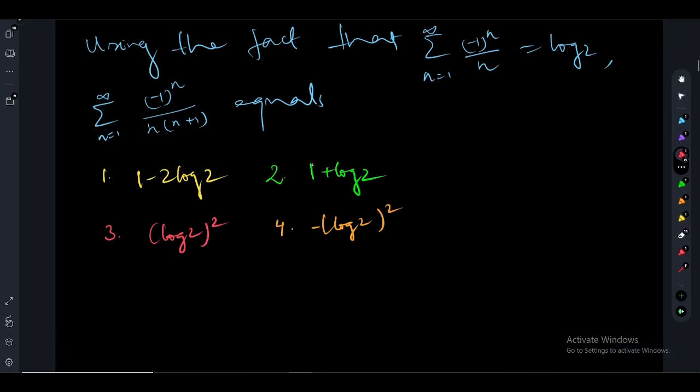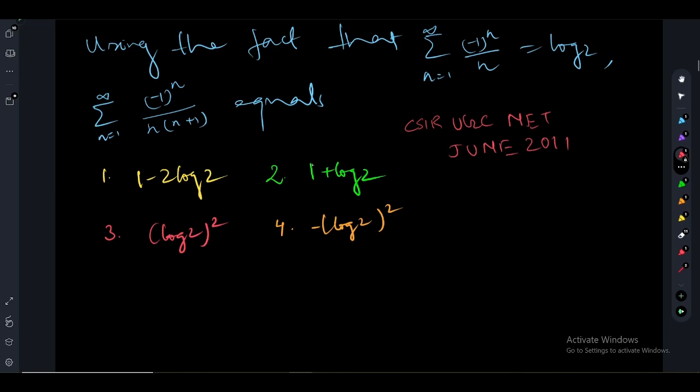In this video I am going to solve a question. This question is from CSIR NET UGC NET June 2011. The question is, using the fact that summation over n equals 1 to infinity